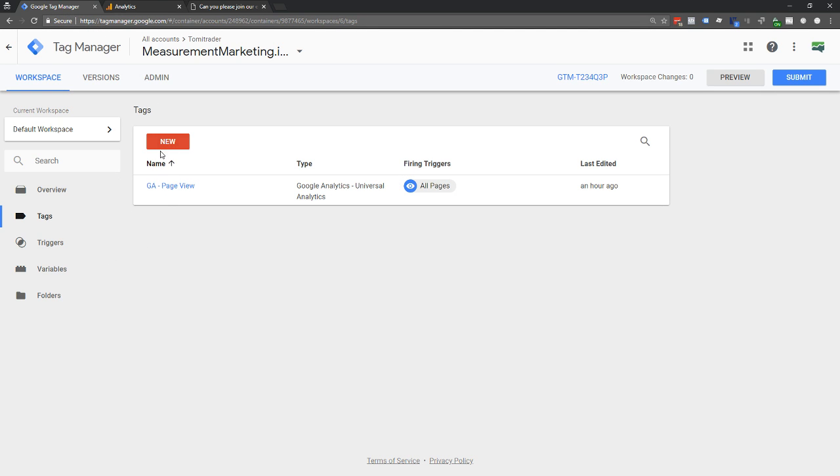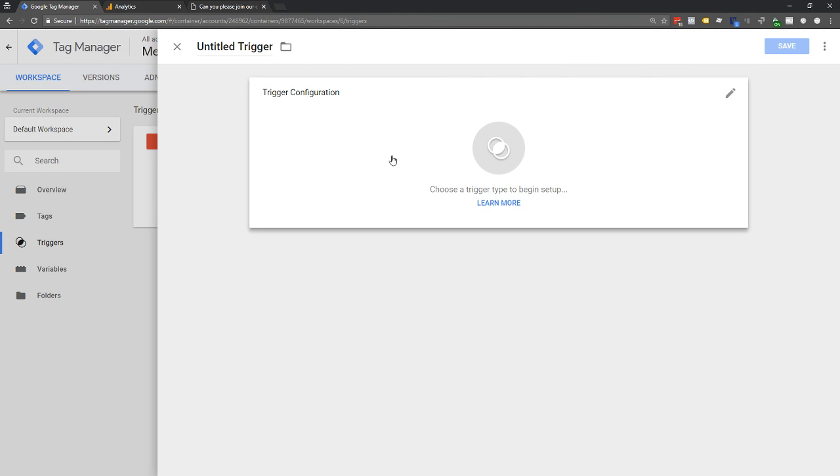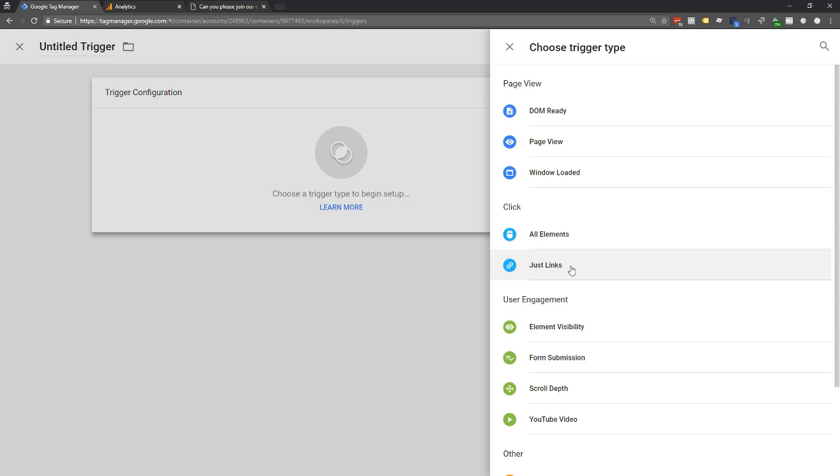All right. So first things first, I am going to set up a trigger. I'm going to do that here by clicking on triggers, and we're going to click on New and introduce you to this trigger, which is called Just Links. Now, there are two different click triggers in Tag Manager. One is All Elements. The way to think about this is every single time that mouse button gets pressed, this thing fires. So it's an amazing trigger, but you've got to be really careful with it, because sometimes you don't want a tag firing every single time the mouse is pressed down. So you've got to make sure that you rein this one in when you're ready.